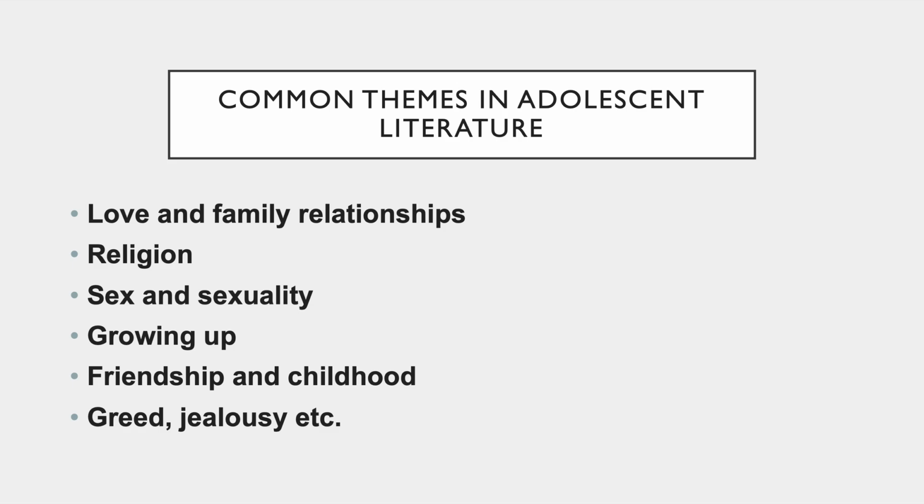Then you have your negative themes, like greed, jealousy, envy, hatred, stuff like that. A couple other themes that come to mind we want to think about in adolescent literature: peer pressure. We can think about bullying, and bullying in this day and age has so many dimensions. So cyberbullying could be another possible theme, depending on how the novel is written. So basically, when it comes to your themes, you want to think about the overarching message or lesson or feeling that is coming out.